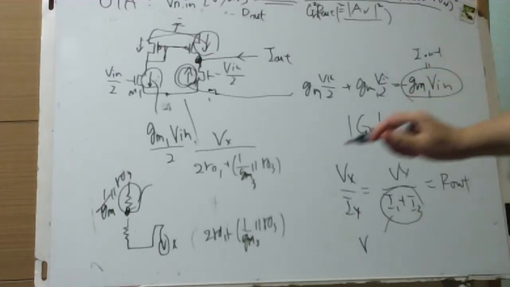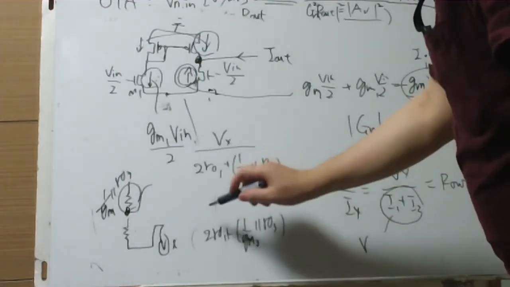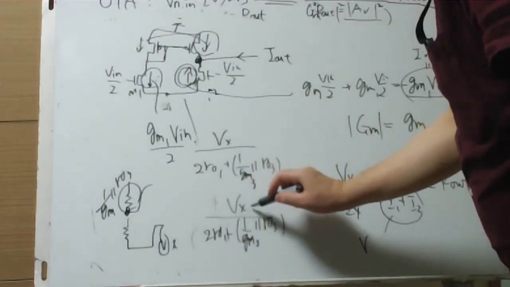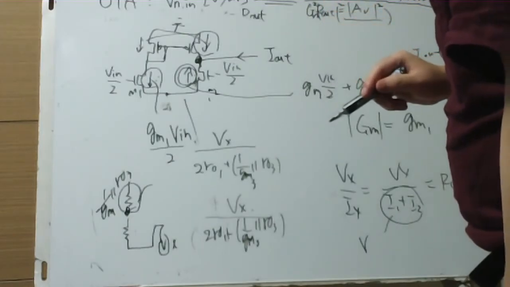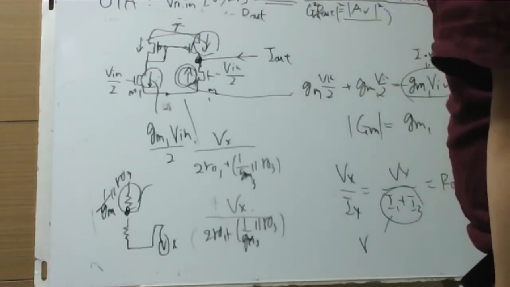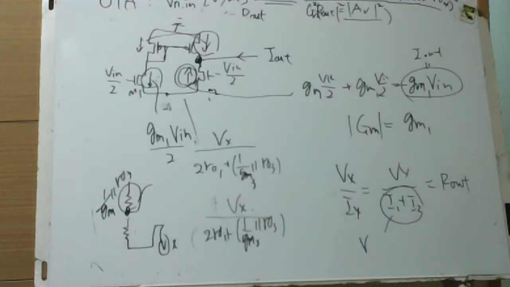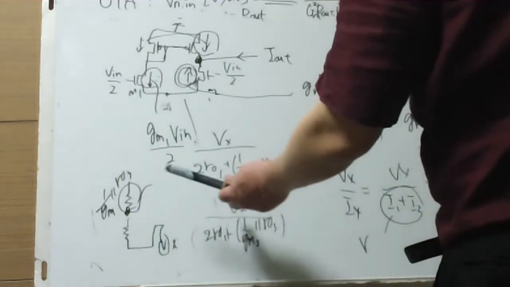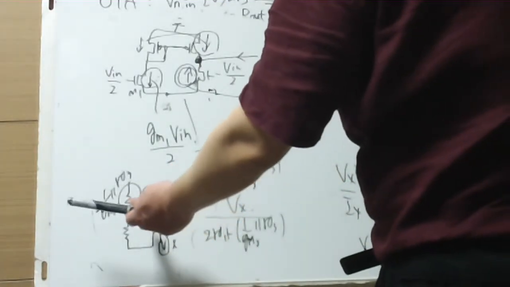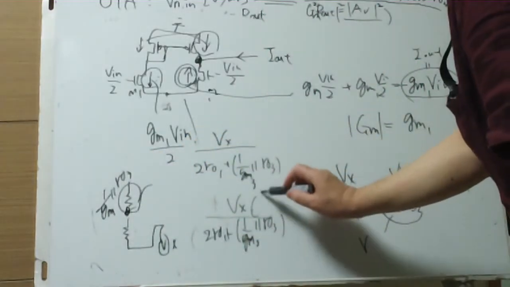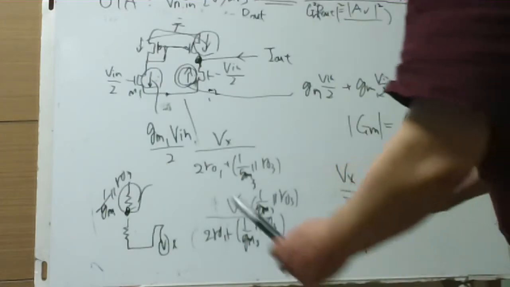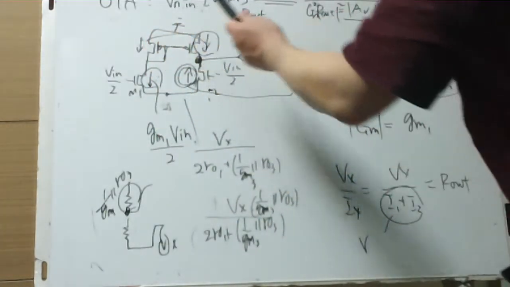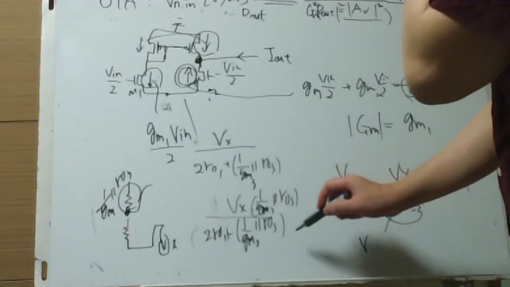This current times this current times this current is this is gate, this is current, this current times 1 over GM3 in parallel RO3 is gate voltage of this M3, and this gate voltage